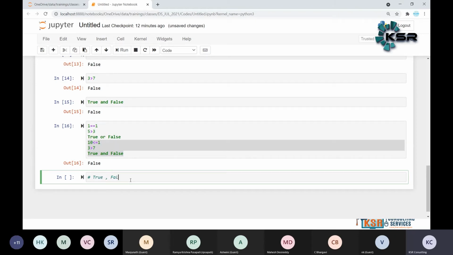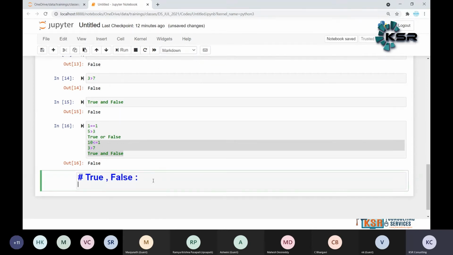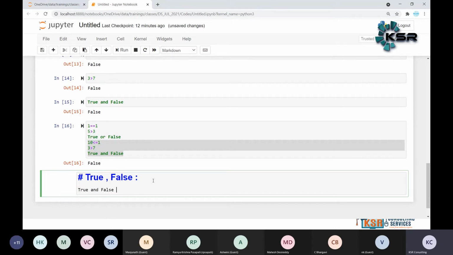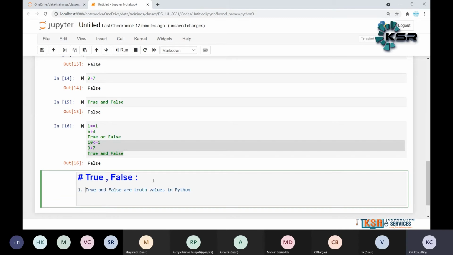True, comma, False. True and False are truth values in Python. First point.